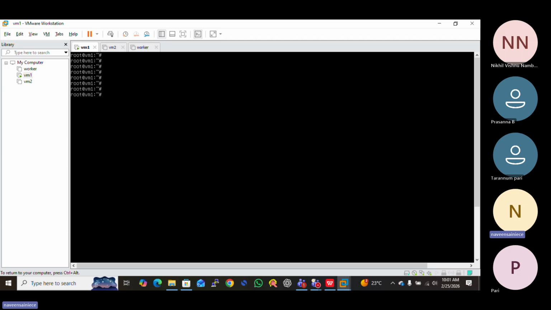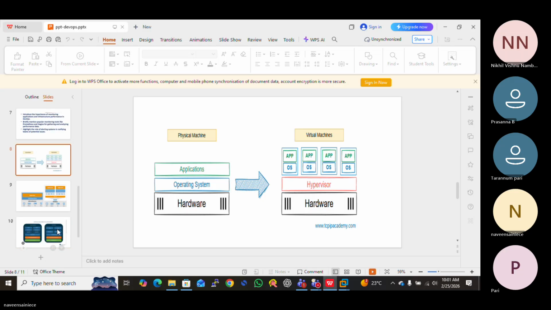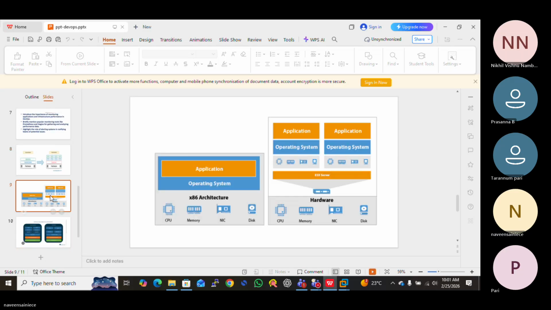Now we'll move to another topic. This is also an architecture of virtualization, but the difference here is that the hypervisor is installed directly on the hardware.